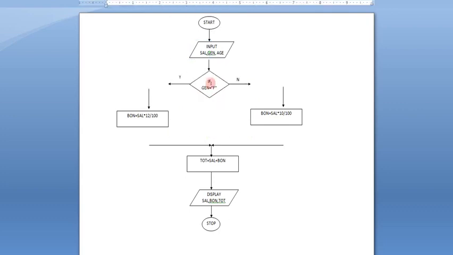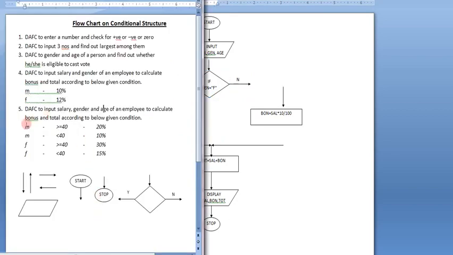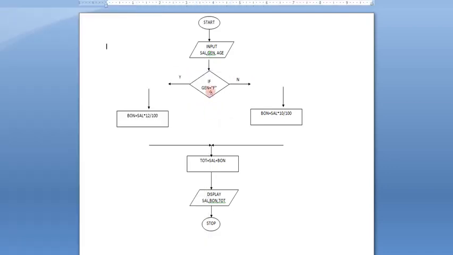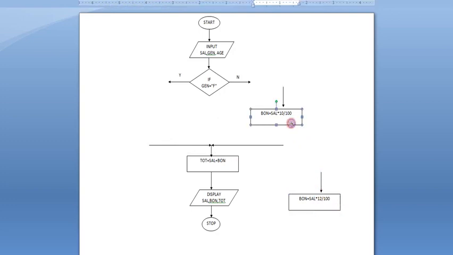So what I made here, I'm asking if the gender is female or male, whatever. Then the question is saying what to do. After checking the gender, you have to check what? Age. You have to check age. So if the gender is female, then what we need to do? Either yes or no, we have to do another decision box. We have to keep it for checking the age. Fine.